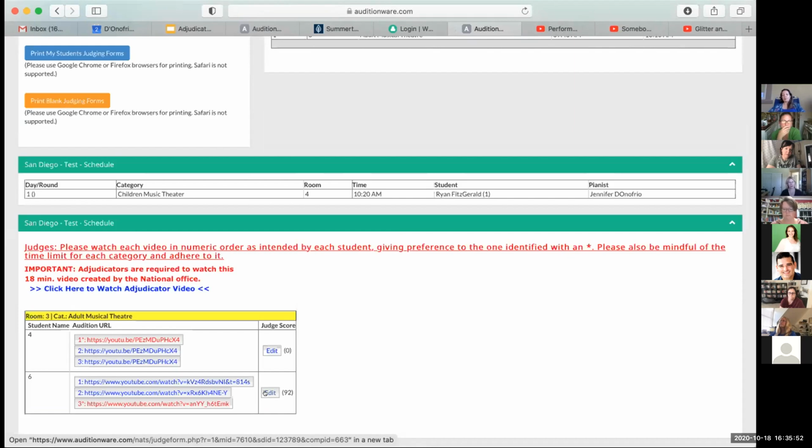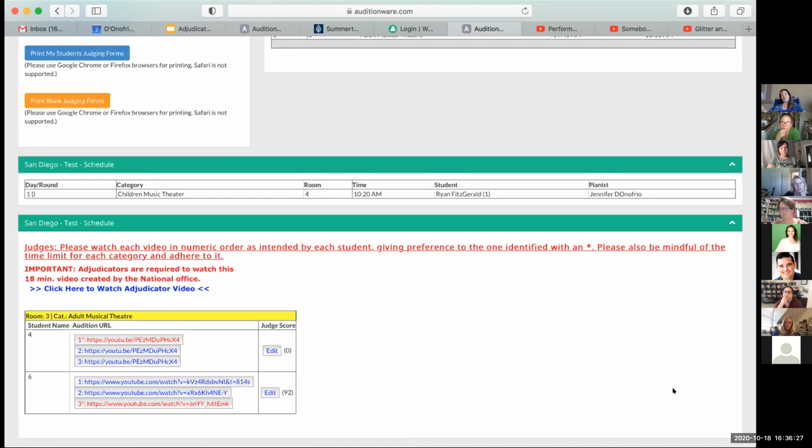In regards to stopping at the time, I'm sure there are some performances you are going to want to finish. And so I ask that you mark down that performance, stop it when it is, and when you're done with your adjudication, go back and rewatch to your heart's content. But I do ask that you try to restrain yourselves as much as you can, as good as these kiddos are, to stop at the time, because that is what it would be in a live event.